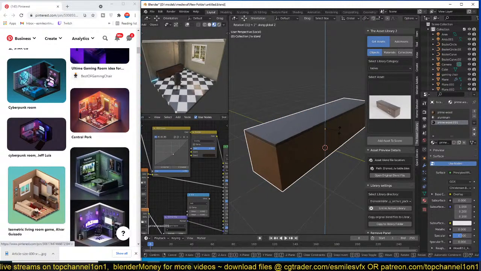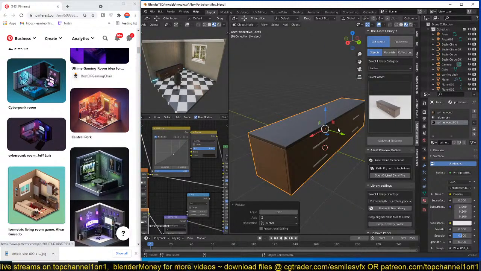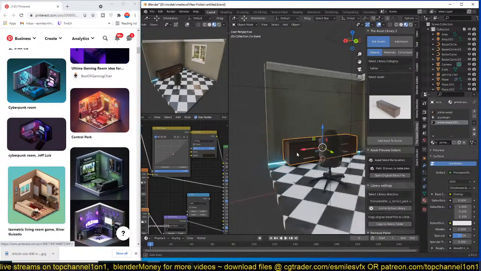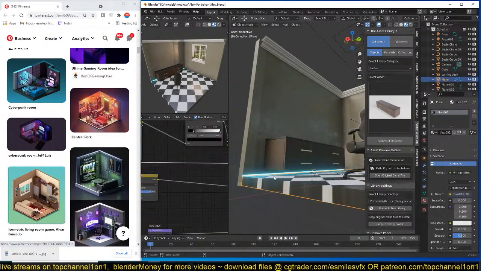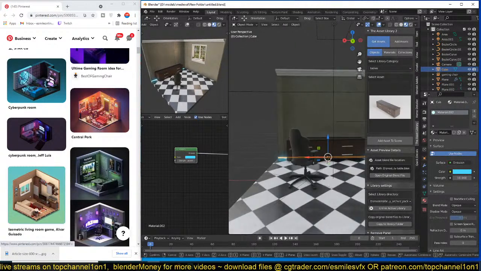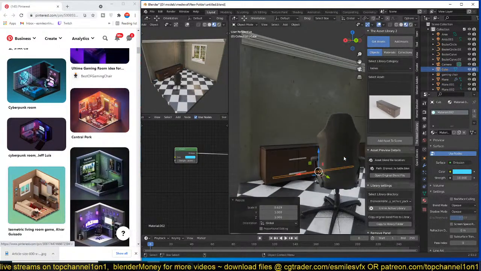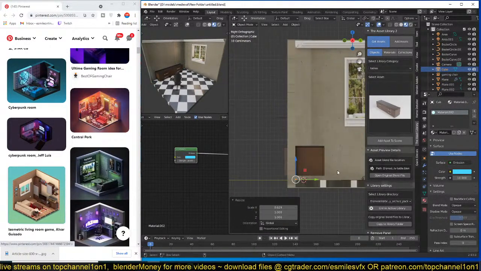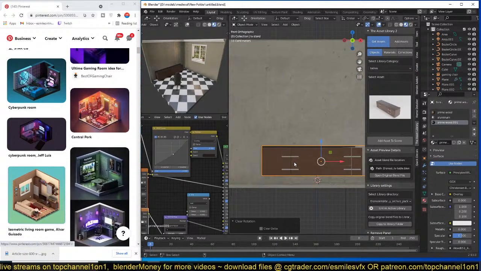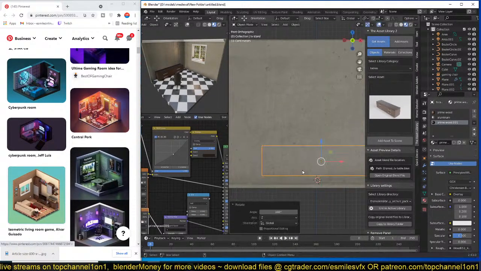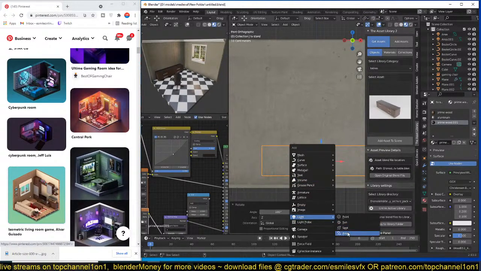I just rotate it 180. I think it would look better if we added an RGB strip down there just to emit some light. So if I add an area light,